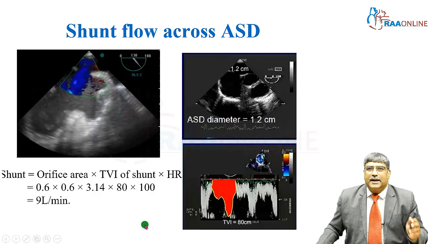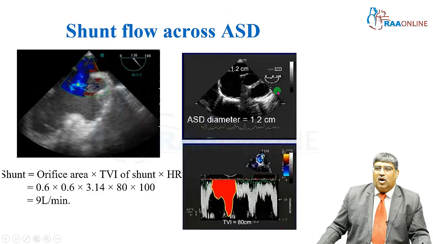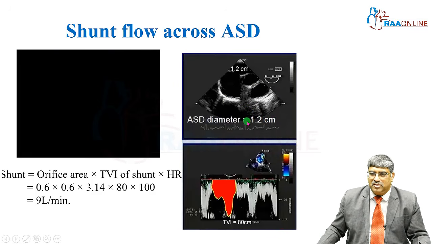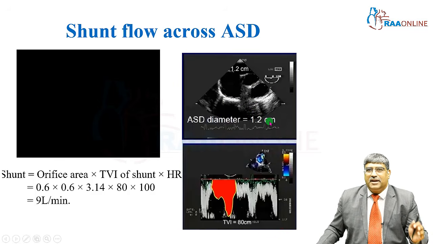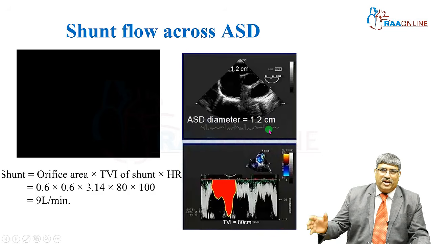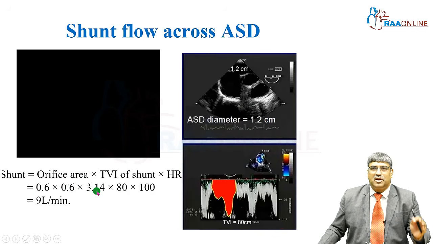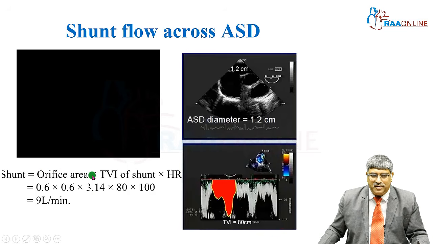How can you calculate the degree of shunt? All you need to know is the diameter of the ASD. The diameter is around 1.2. For calculating the area, pi r square is applied. If the diameter is 1.2, the radius is 0.6 and pi value is 3.14. So you can calculate the orifice area. And to calculate the velocity integral, you place the cursor across the